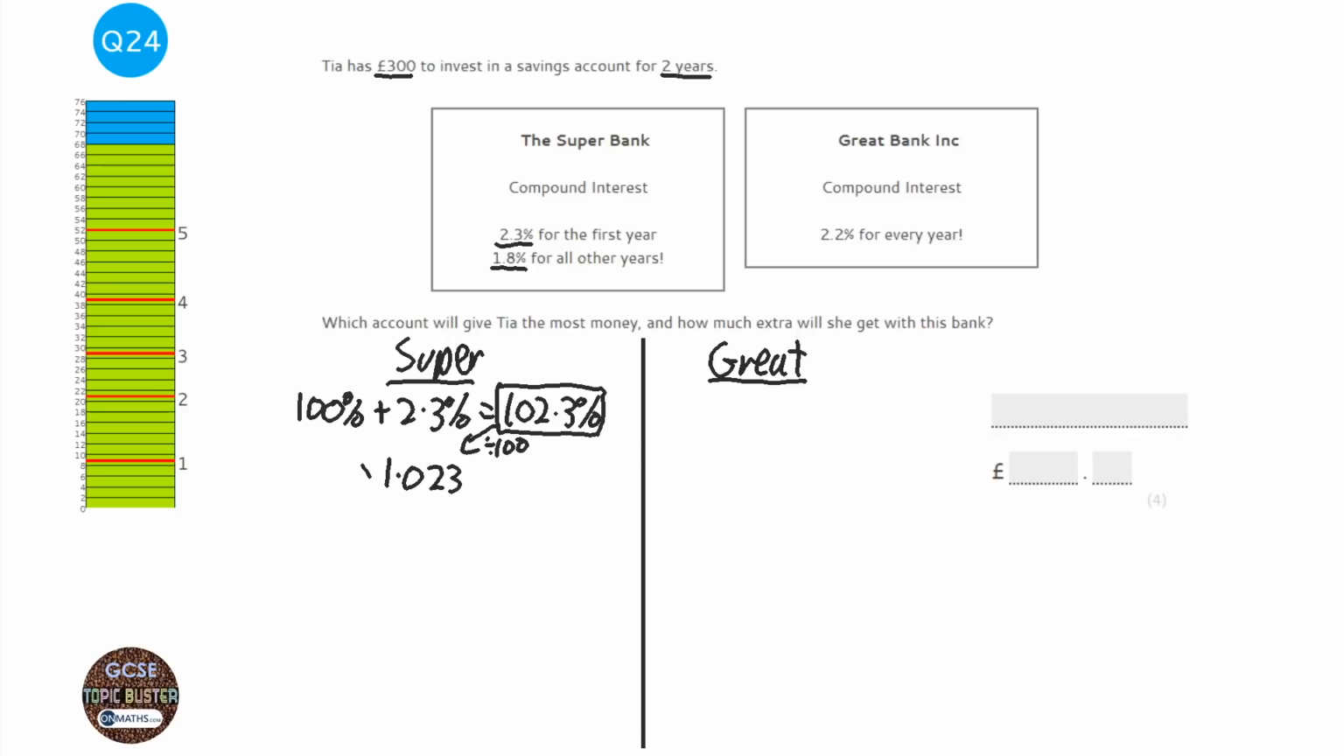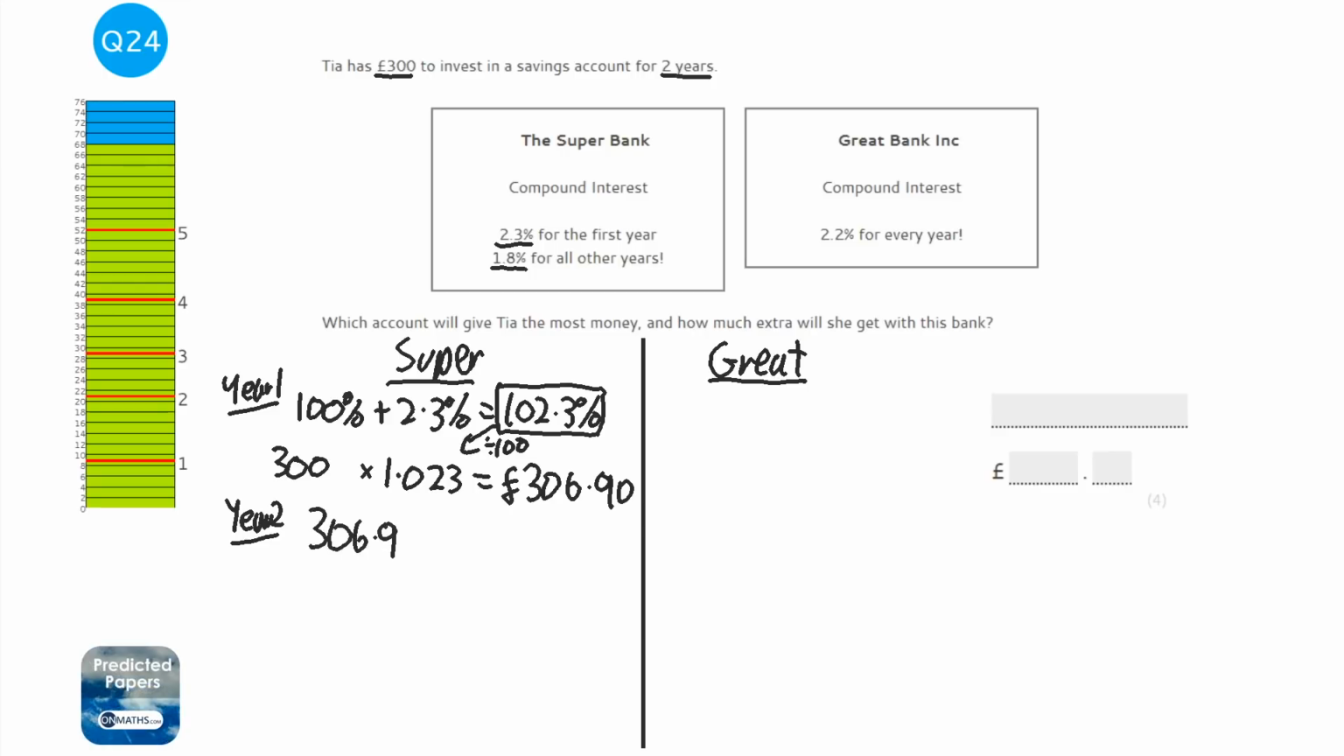1.023. So if I times 300 by that, that will tell me what we have after year 1. So let's do that on a calculator. 300 times 1.023. And you might need to press S to D. And that is £306.90. Okay, so that's year 1, and we might as well just write year 1 somewhere. Okay, so year 2, we've got that